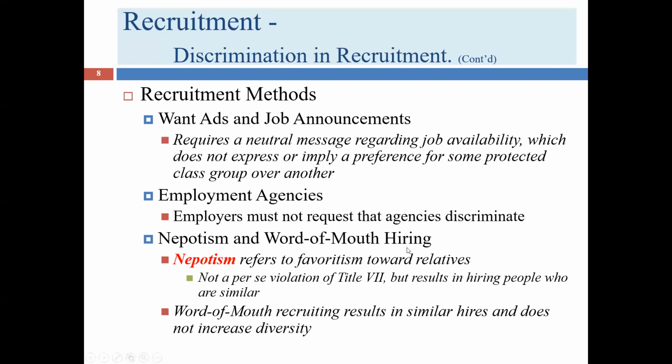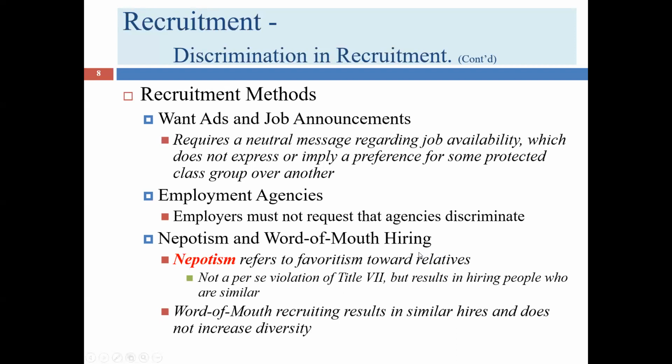Is this approach unlawful? Absolutely not. But it's not likely to be as effective as other approaches in terms of getting diversity. Let's imagine your workforce. Let's say, again, this is an engineering operation. Let's say that 75% of electrical engineers are men and 25% are women. But it happens in your particular facility that 90% of your electrical engineers are men. If you rely upon word of mouth advertising, you're probably not going to move the bar too much.